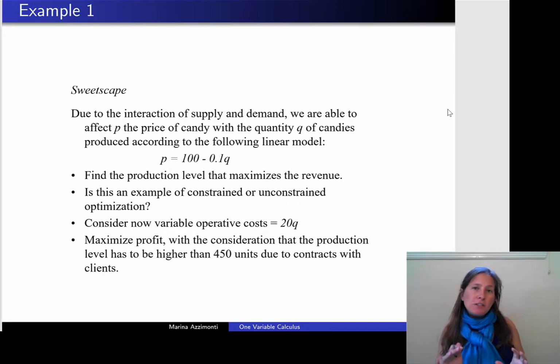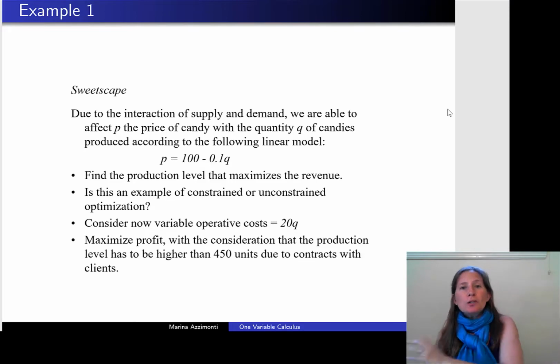Now let's look at a specific example. Again, remember what I said last time. One thing that is going to be very important, particularly for those of you that don't have English as a first or mother tongue, is to go from the setup in words to what you actually need to do.